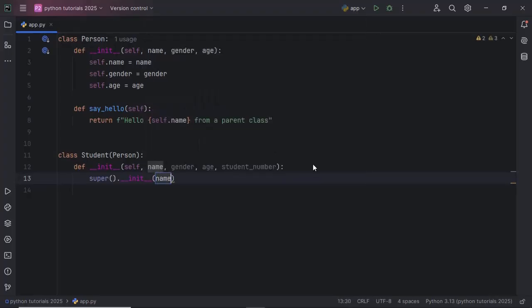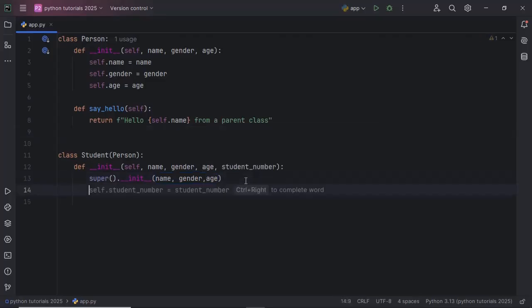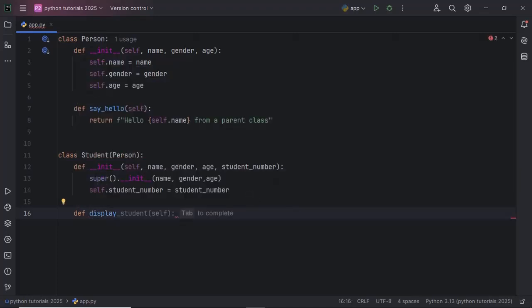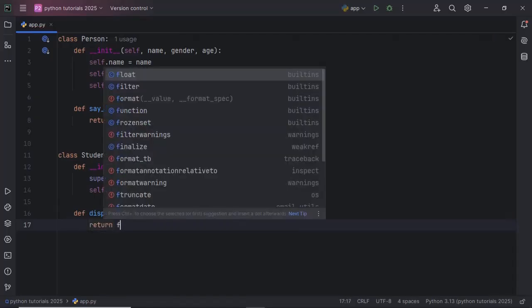Its name, gender, and age. And after having this, we can now assign our new variable below here, so that you can see self.student number is assigned to student number. This is the constructor of our child class. So let's go ahead and declare another method and say display student. What we want to return is student. So format